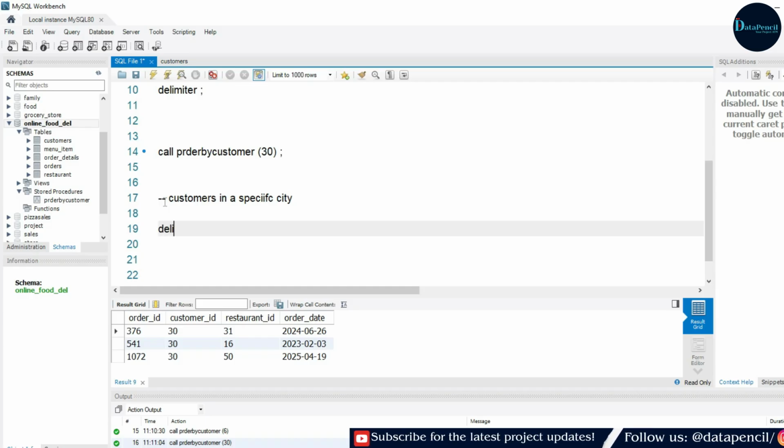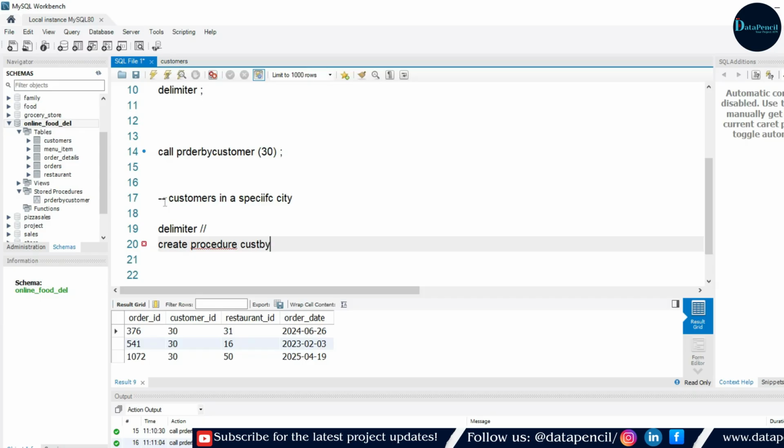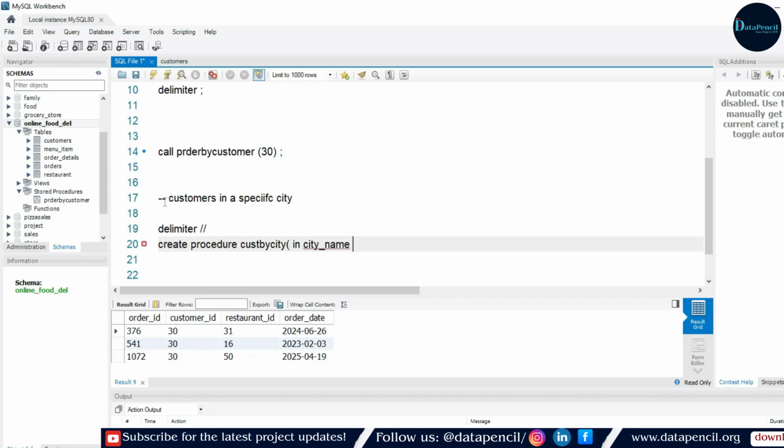For that, we firstly have to write delimiter. That now you have to consider these two slashes as an end of this procedure. Now create procedure and give the name. So I'm giving it as customer by city. Now give the input. So in input I am giving city name. It means we have to provide the city name as an input, and the data type of this input is 50,